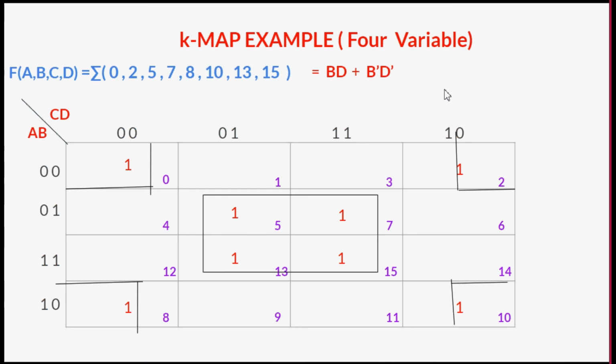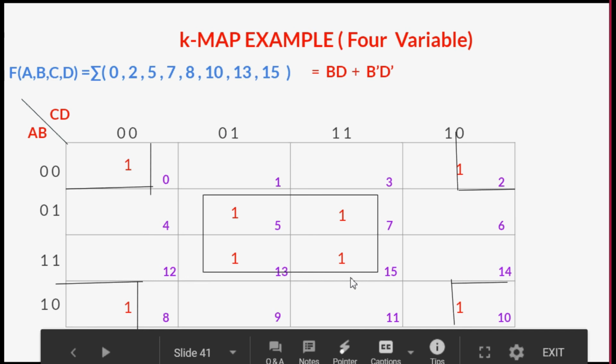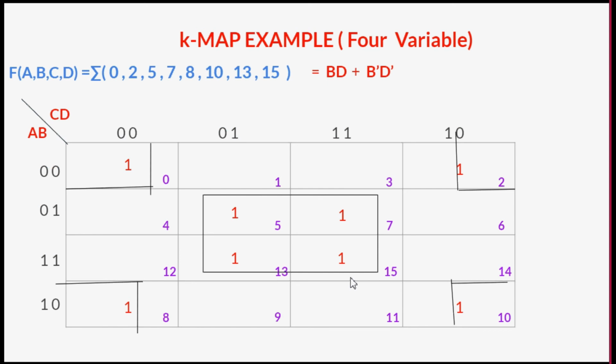Okay, so I guess I have taken less than 2 minutes for this particular thing. If you know properly how we are going to label the cells with the help of these numbers. If you don't know, then you need to look at my previous videos in which I have explained in detail how we can convert binary number into decimal and vice versa. After that, you just need to make a block. While forming a block, you need to consider that your block is going to contain only those cells which are having an entry 1, and the cells should be consecutive.